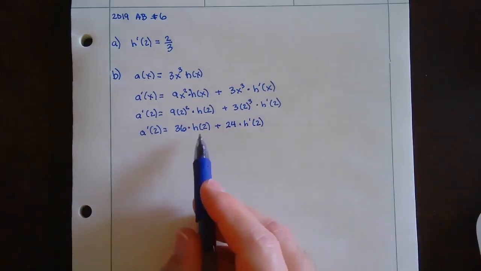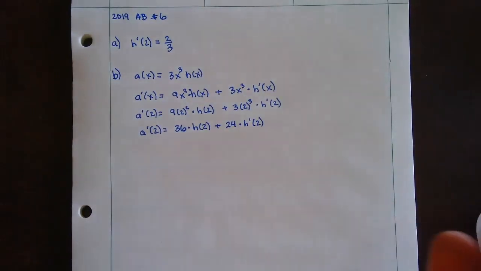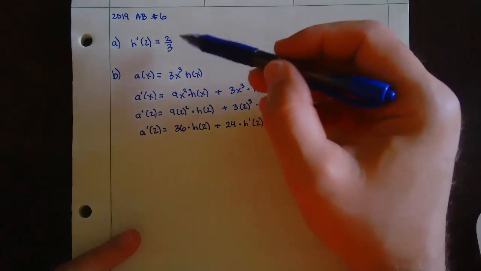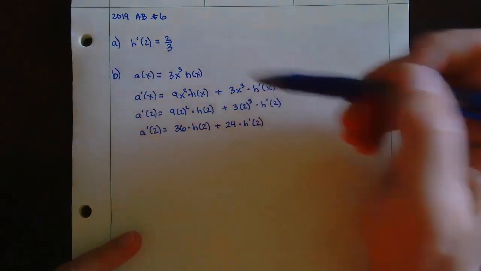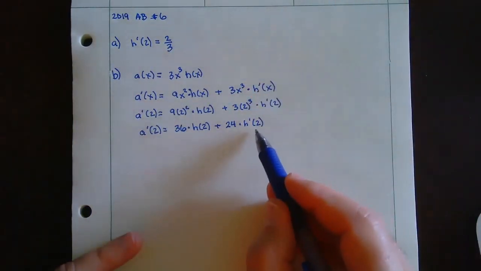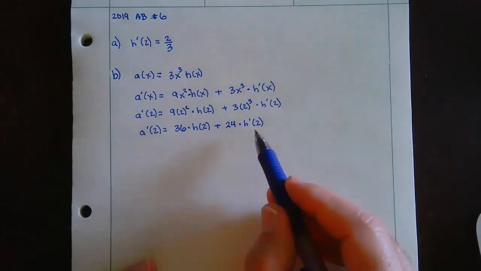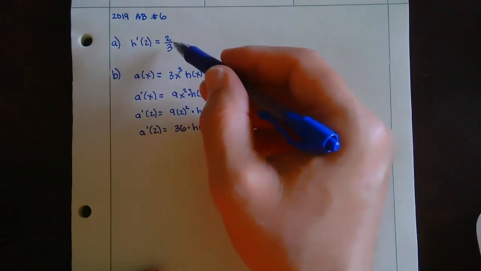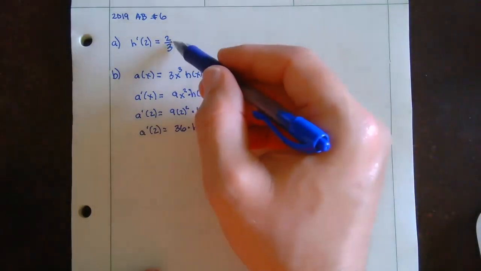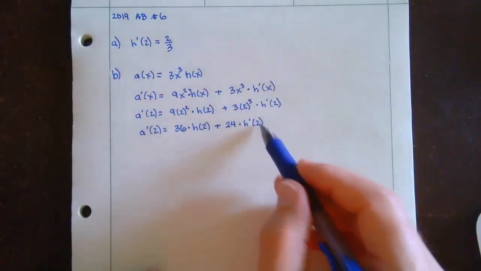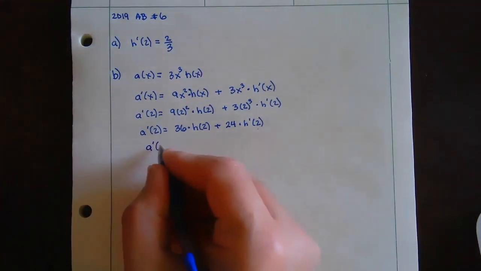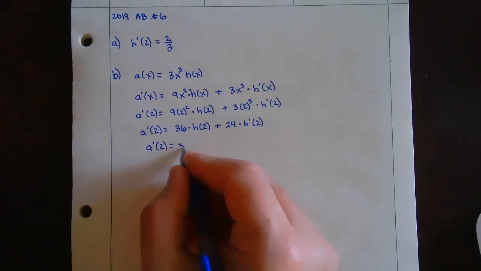So h of 2 we have to know, and we also have to know h prime of 2. H prime of 2 we figured out. Now I want to say something. Let's say you wrote the wrong number here. Then in this problem you're still going to get the answer points if you used an incorrect value for h prime of 2 but used it properly. You wouldn't get the point for the earlier one, but you can get the point for this one because you're using it properly. All right, so A prime of 2 would equal 36